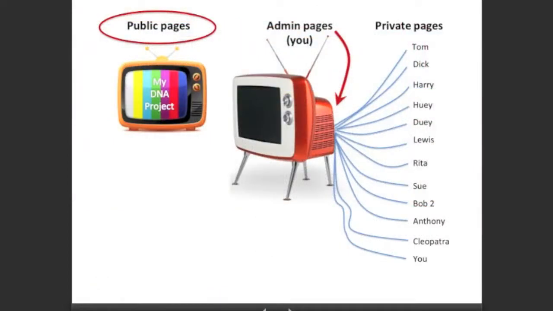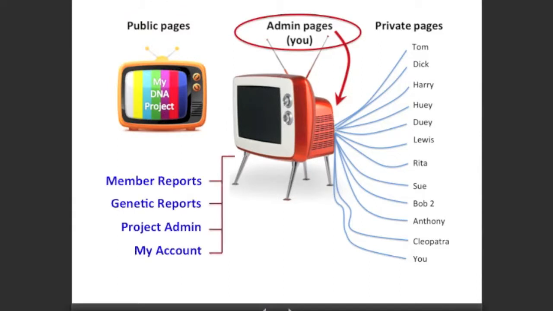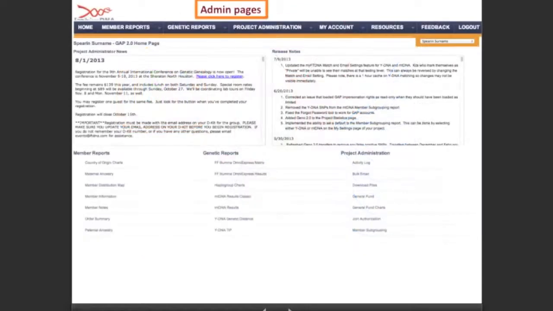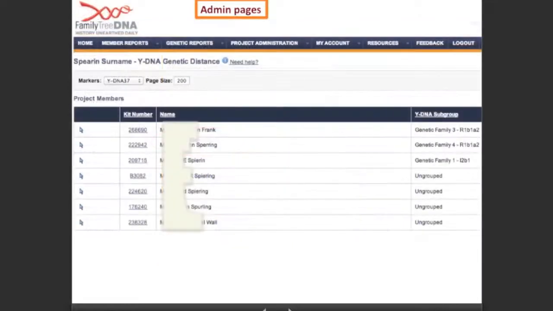So, we've looked at the public pages. Now let's go back to the admin pages, and specifically at genetic reports and project admin. And in the last 5 minutes of the presentation, I'll run through this. Here's the admin pages. If we click on genetic reports, I want to look specifically at genetic distance, because as